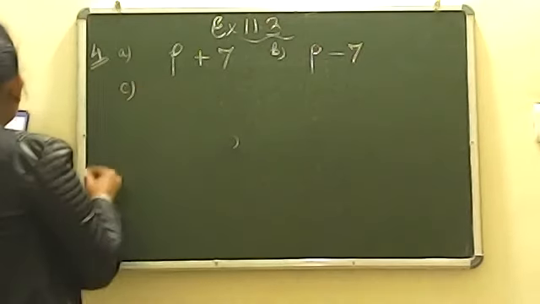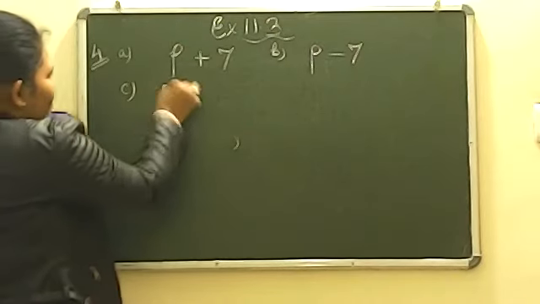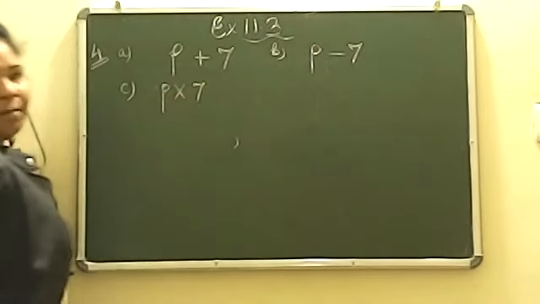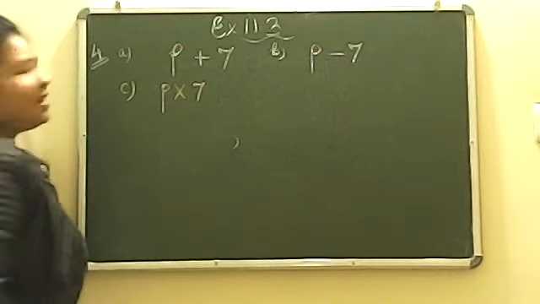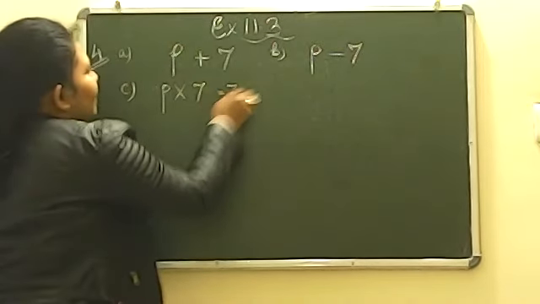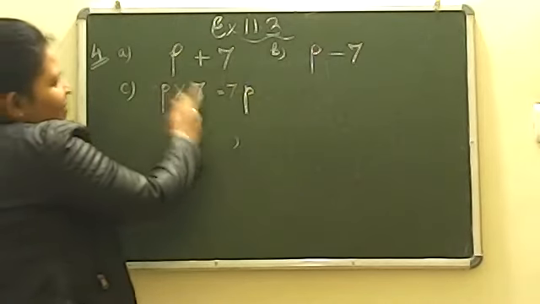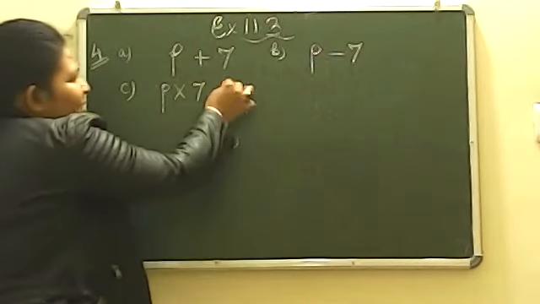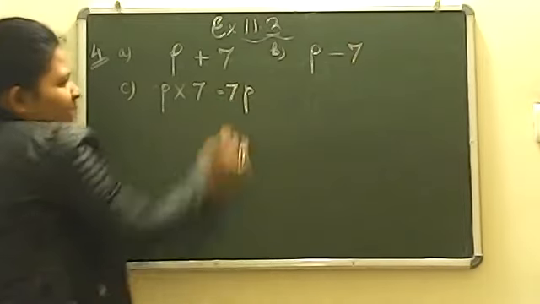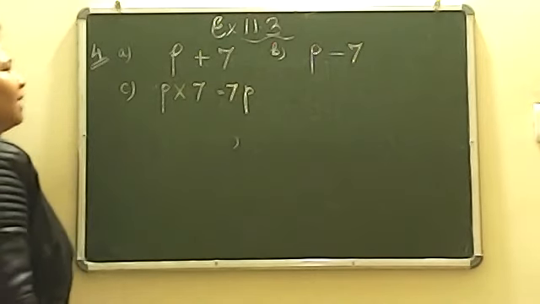Now question number C. P multiplied by 7. But may I know what is the correct format of it? What should be the answer in this? P into 7. What will be the answer? Yes, 7P. The answer would be 7P. Remember, whether you multiply 7 with P or P with 7, in both the cases, when you write the answer, beta, the number will always come in front and after that the variable will be there. Okay, so the answer is 7P.